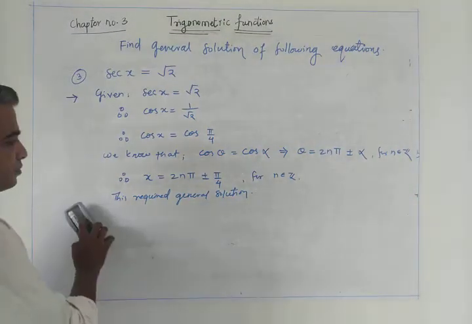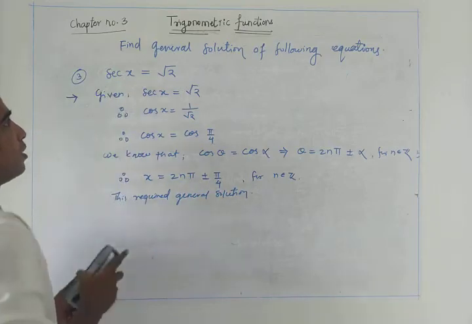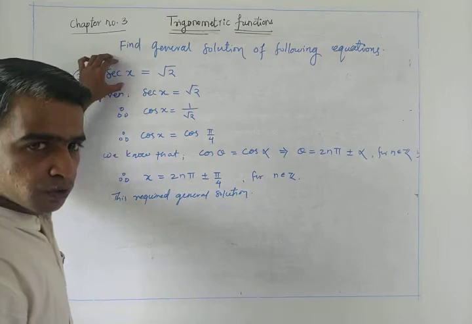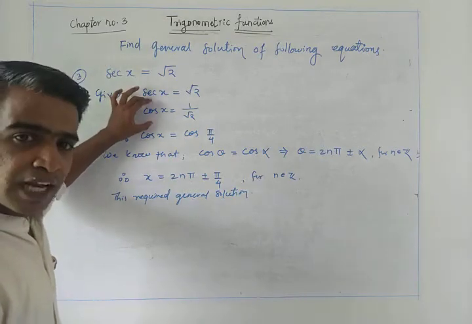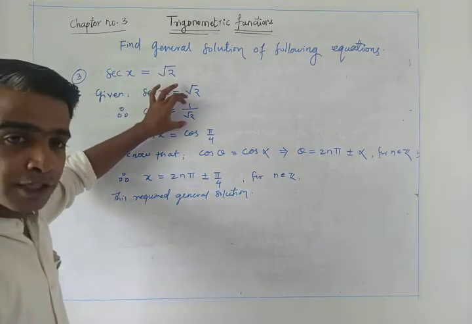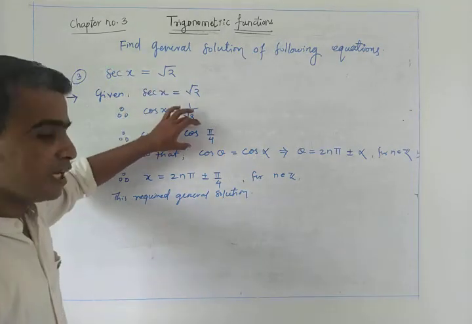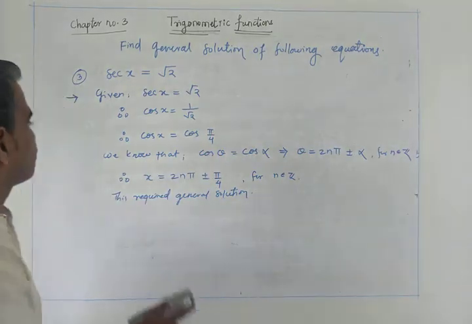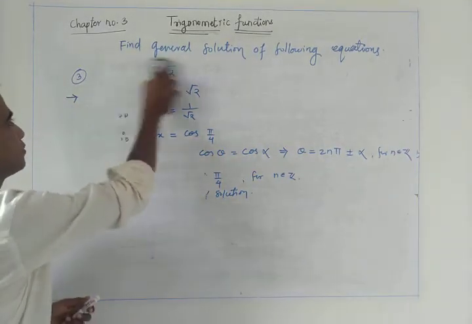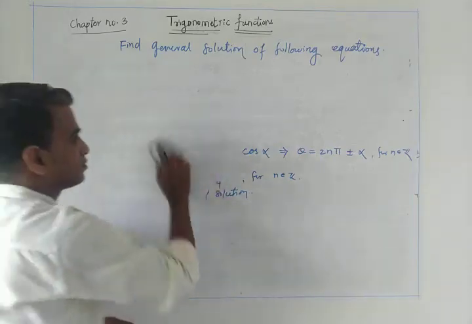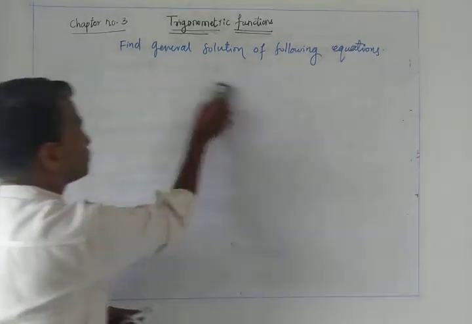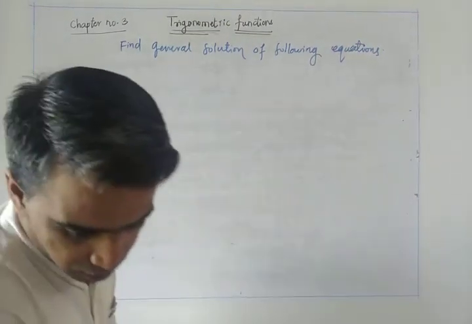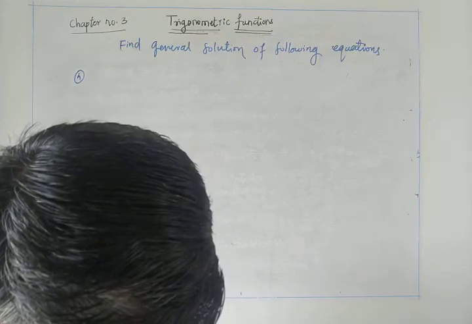Next question. See that in that question we converted the sec function into a cos function. If the same question is asked for the cosec function also, the cosec function has to be written in terms of sine function, and then 1 by root 2 has to be written in terms of sine function. So then, if the sine function is on both sides, we are going to use the sine theta is equal to sine alpha formula.